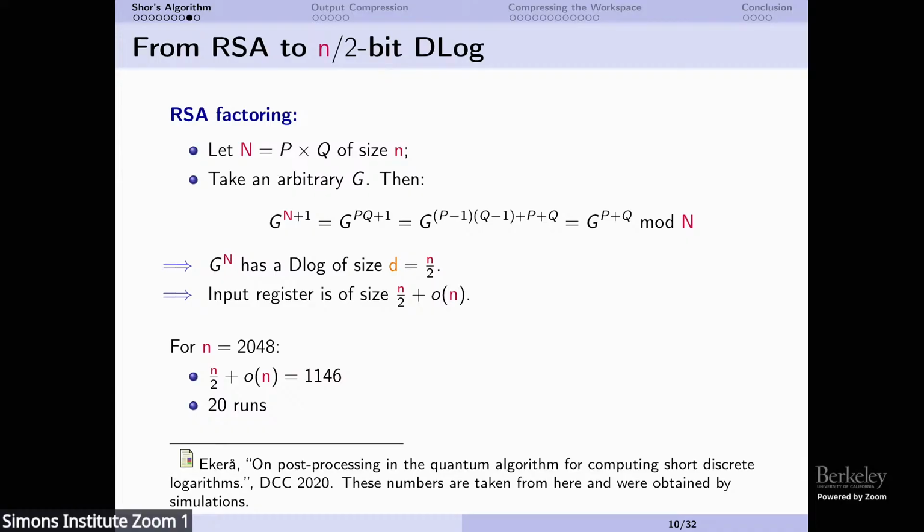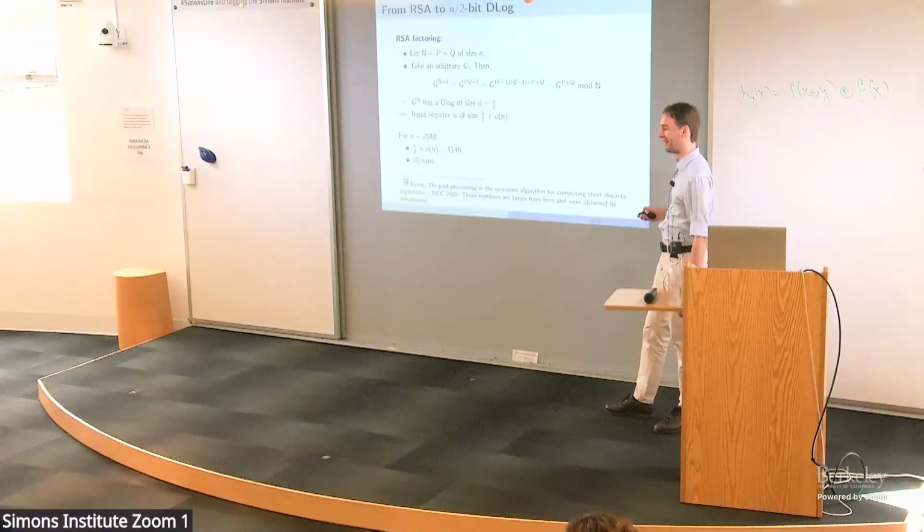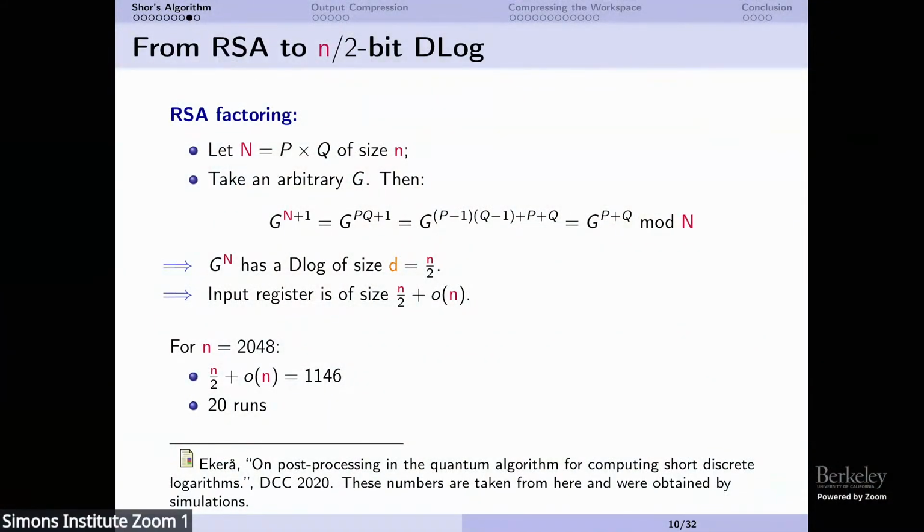Wait. You're saying you can do all of this with only n/2 qubits? Yes. I'm only saying the input register is the size n/2 plus c to the 11. Like the workspace register could be bigger. Right. The workspace register is going to be terrible. Yes. So that was really just limiting the input size. Got it. So far so good.